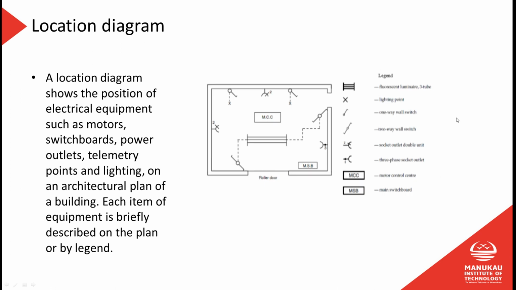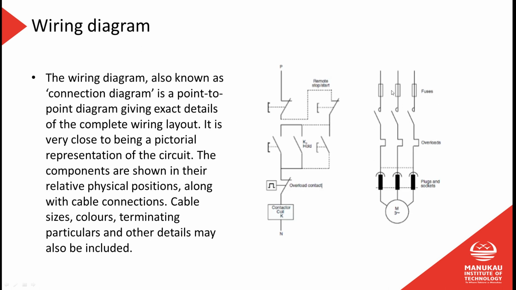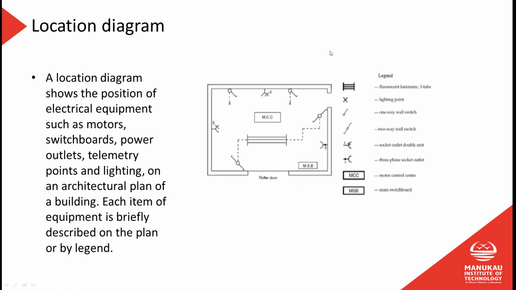Alright, location diagram. Now earlier when we were looking at the individual symbols, I said that we had the first few slides, stuff that you would find on a wiring diagram, like this one here, and then the remaining ones I said would be if we were wiring up a house. That's how I would draw it, and this is what we've got here. So you can see that we have a room, and if you refer back to those previous slides with those drawings on them, you'll see that we have